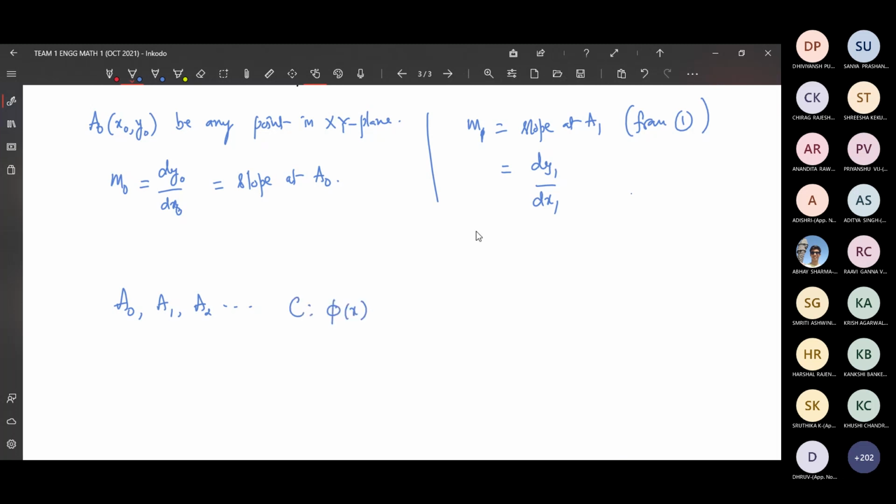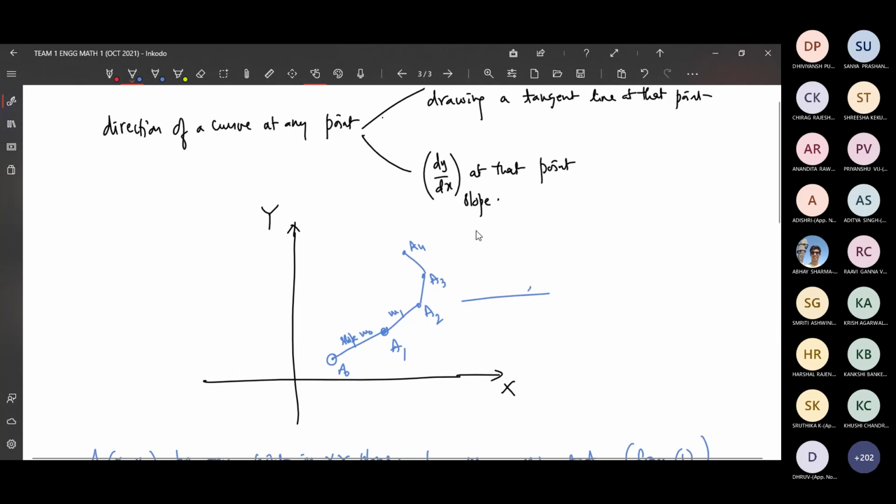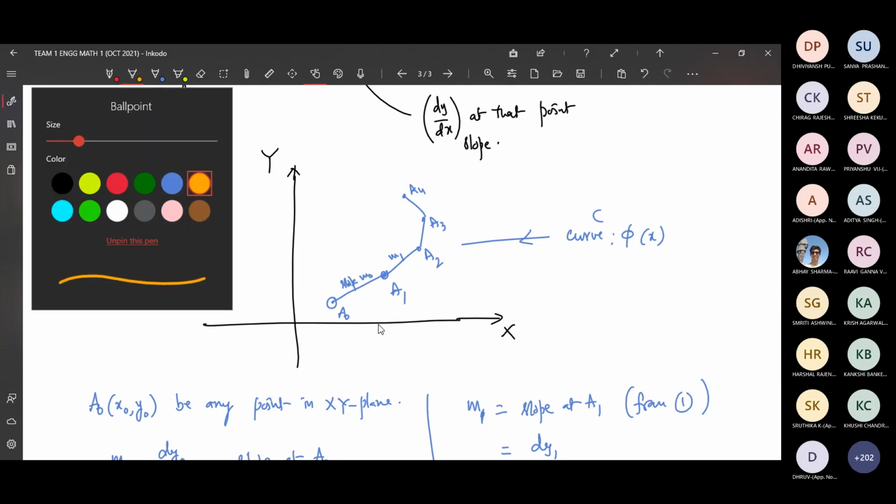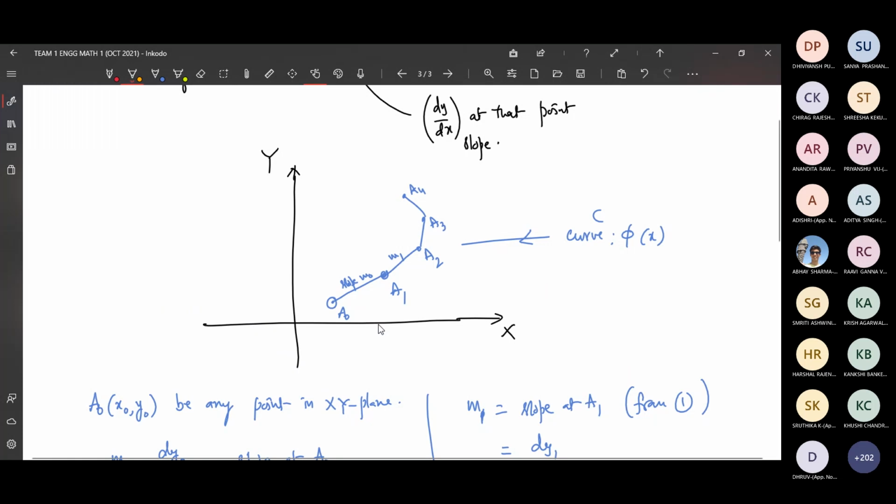I'll call this the curve c, which is called phi of x, curve c. Of course, you will get a smooth curve if the points are very close instead of far away points, wherein you need not give too much distance here. Suppose a1, a0 is close to this, a1 is close to that, a2, and very close. Then you will get a smooth curve. Otherwise, it is segments joining. That depends on the points which you have chosen there.